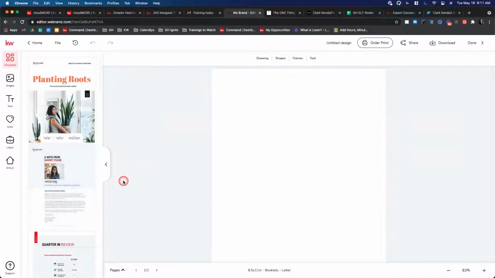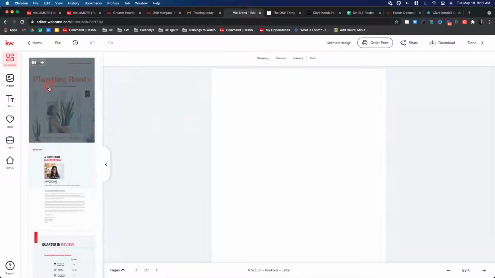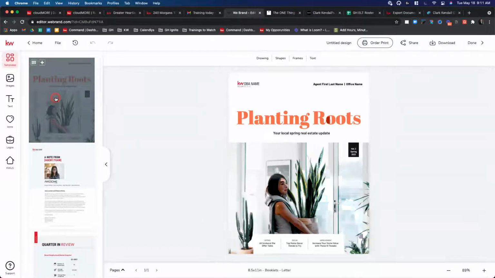I'm going to shoot for 16 pages on this just for an example. And I'm going to begin with a cover, right? So if I wanted to use this cover page, which is obviously what we want to do for this magazine, all I have to do is scroll over here and know that if you just click on it, that's going to give you a preview. Okay, this isn't really going to add to your whole entire magazine.